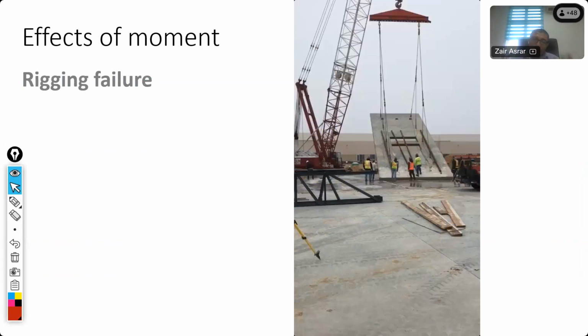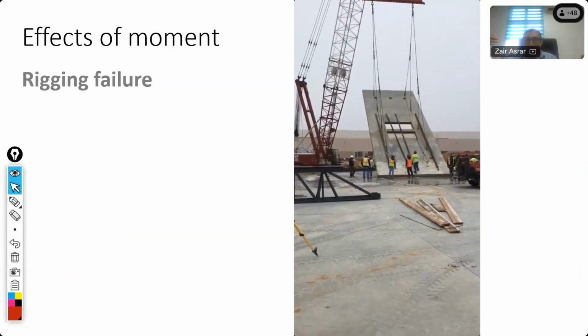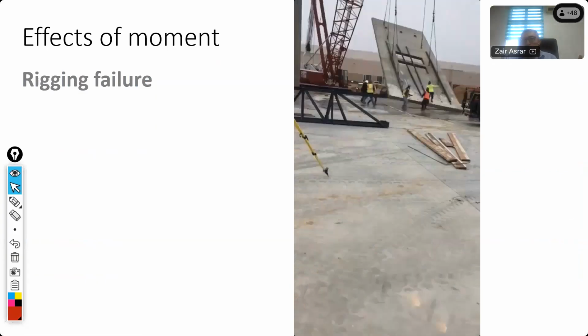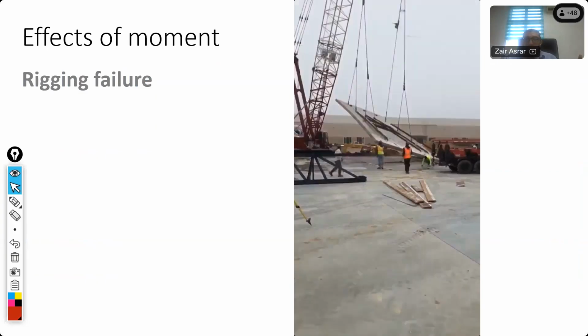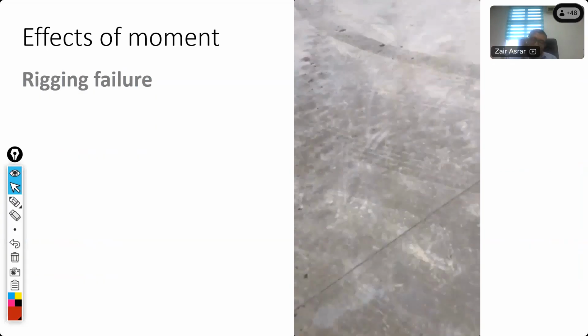So if something fails, you will see the effect of the forces and you will see the effect of moments acting on the object as it falls down. So for example here, let me play this one for you. You can see what happens. In this case, they try to lift this up, and if the calculation is wrong, the force in the cable is too much, everything fails. And when that happens, take care of your life. Basically that's the message here. So when something breaks, it can fail in a very disastrous and quick way.